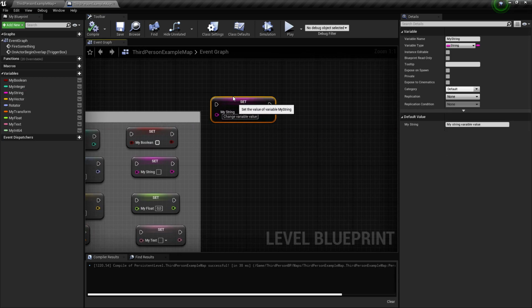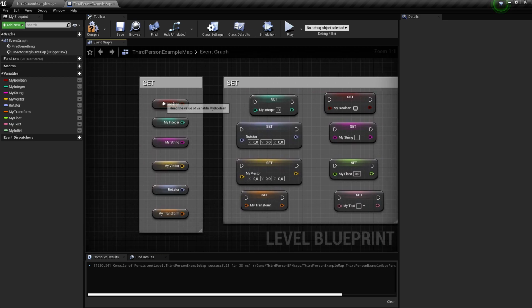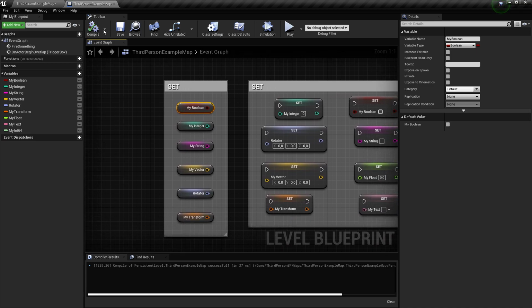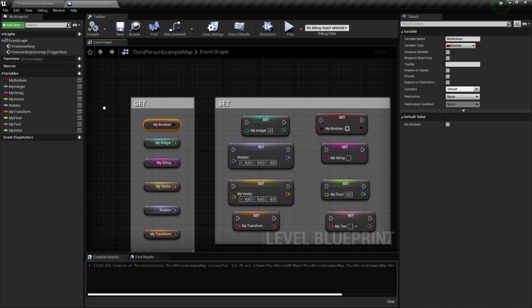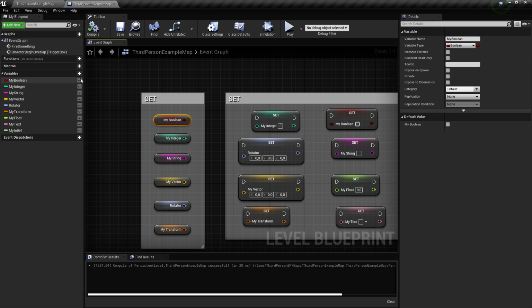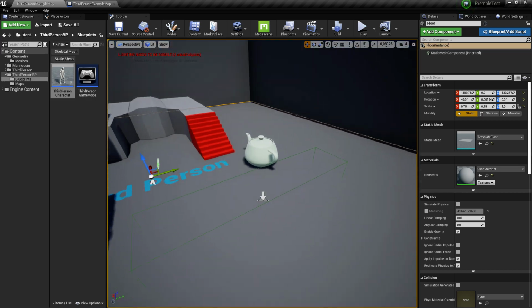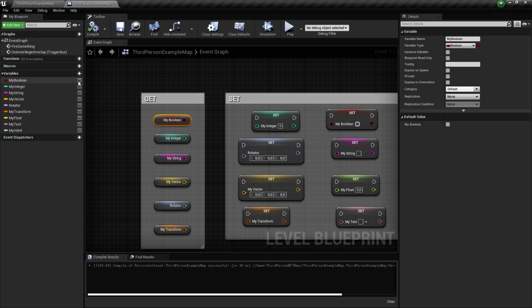Alright, so when you're first creating a variable, you're going to see this little A icon in here. This means that your variable is private, so only this blueprint can access it. It can work only in this blueprint. But if you want to make it public, so you can edit it from the viewport, you can just click on this little A icon so it turns yellow. And you can enter a tooltip.